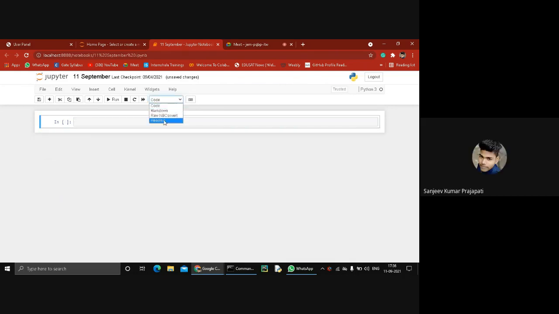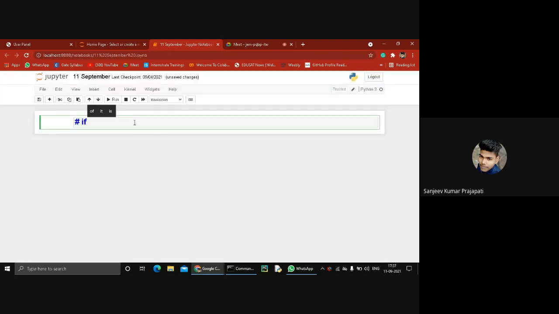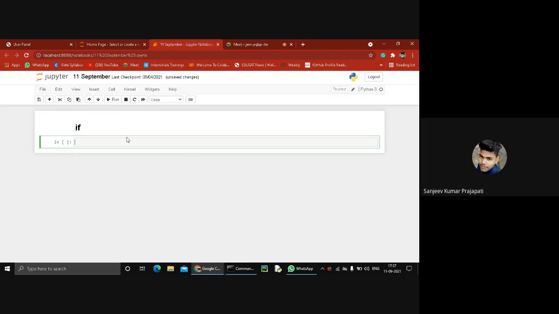Okay, so today's topic is conditional statement. The first is if. The if statement is similar to that of other languages, and an if statement contains a logical expression using which the data is compared and a decision is made based on the result of the comparison. So next thing is what is the syntax of the if statement and how it works.